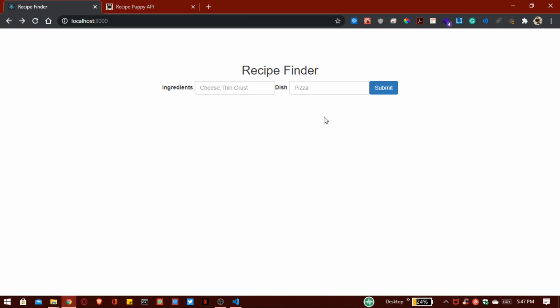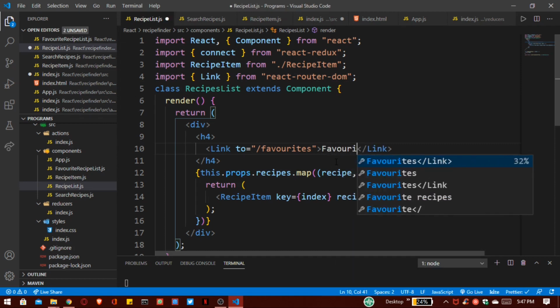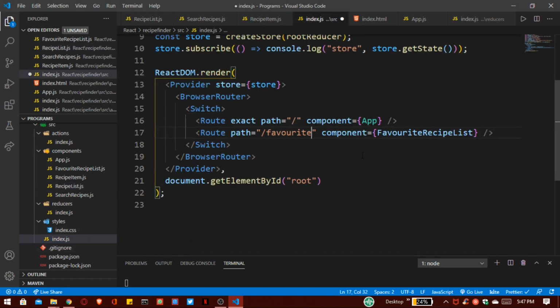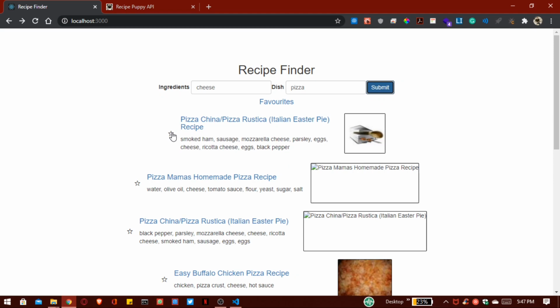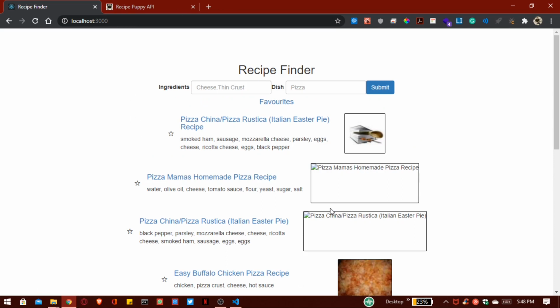Here we can't save favorites because inside our recipe list.js file we forgot to write favorites here. So now save this, and in our index.js file we also write favorites here. Now refresh this page, and you can see here our favorites files. And now I go inside our cheesy pizza recipe, press submit, and now I want to click on star these recipes. And now I go inside favorites, and you can see here our favorite recipes are showing successfully. Now I want to go inside this home page, and I can go back to this recipes page.